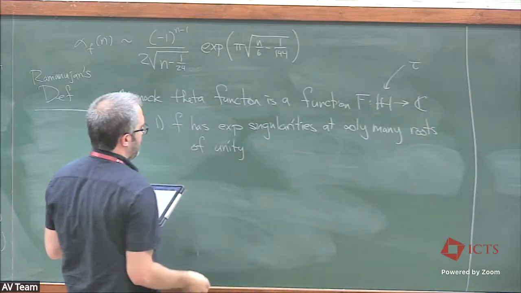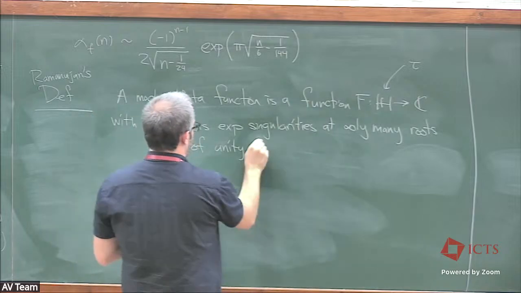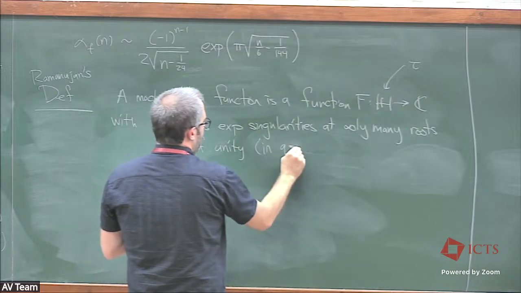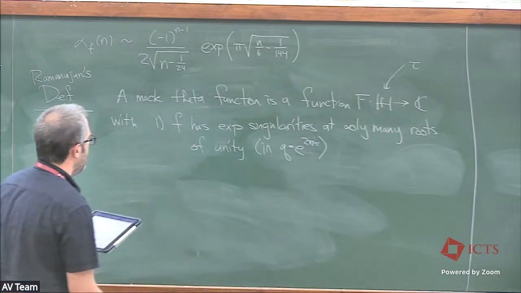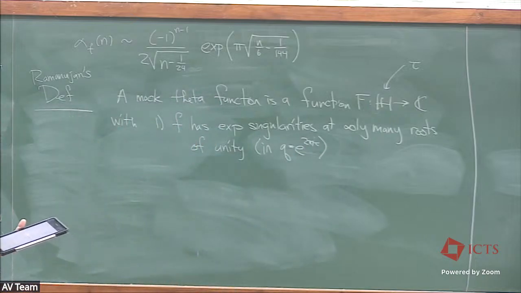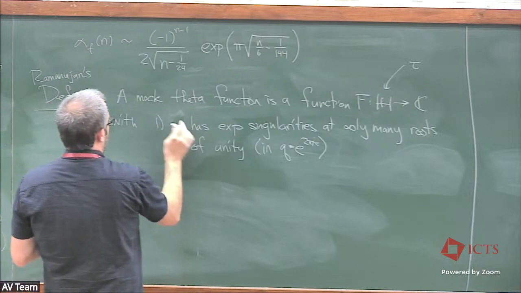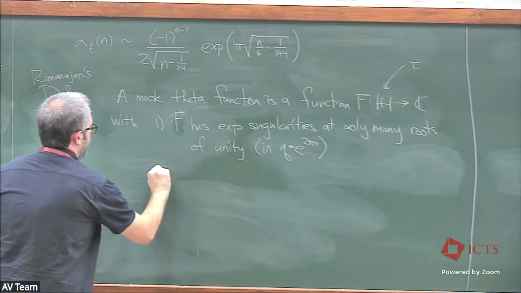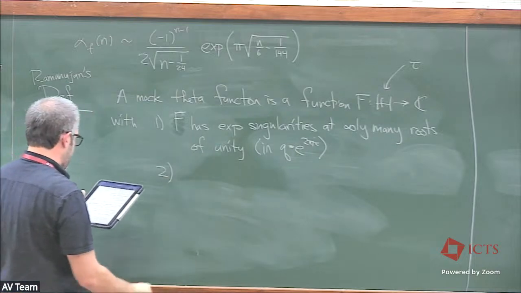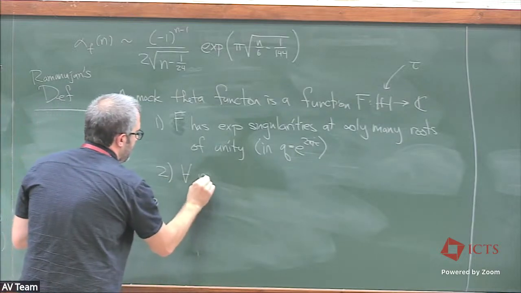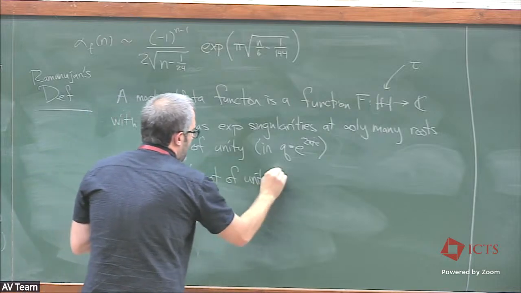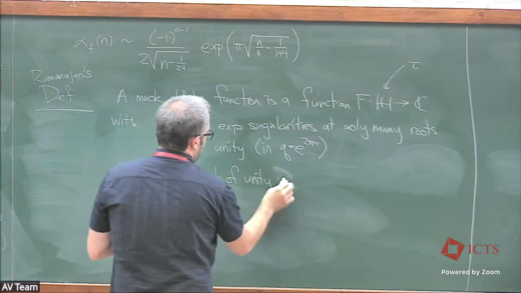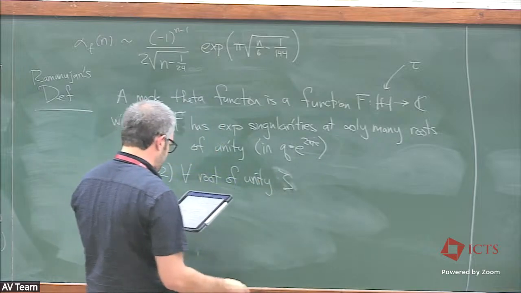And of course, when I say roots of unity, I'm not talking about the tau variable. I'm saying in q, roots of unity. The second one is that for each root of unity, and we'll call our root of unity zeta,